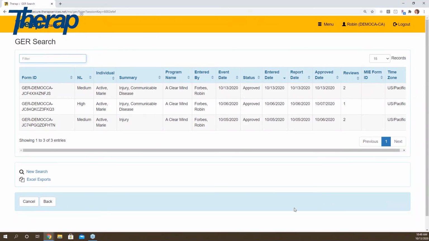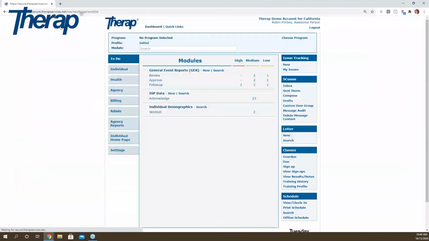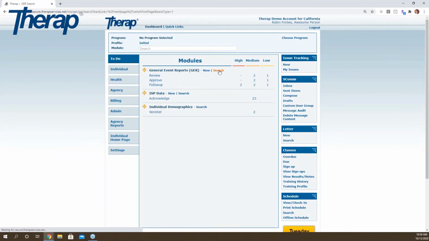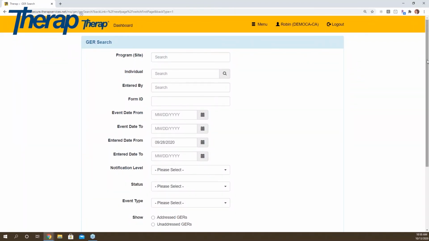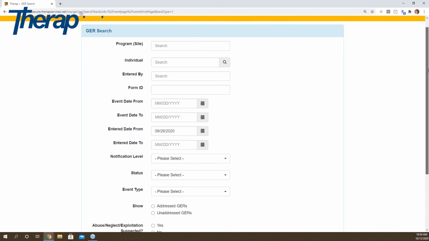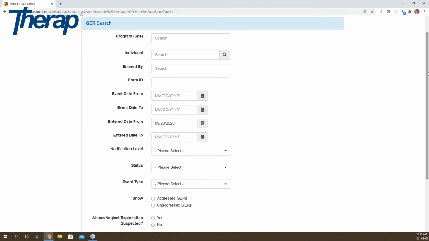Over the last year, with all of us learning how to do this, that has been a very common question amongst vendors. They'll often say, well, we wrote the SIR, we approved it, we've even had follow-up comment back and forth with our service coordinator assigned to that individual, but then they go back in to look for the SIR to start to add new information and they can't find it. And it is that if you went back to that search page, in Therap, in all of the blank spaces where you can enter information, I have to often remind people that there is that enter date from, and